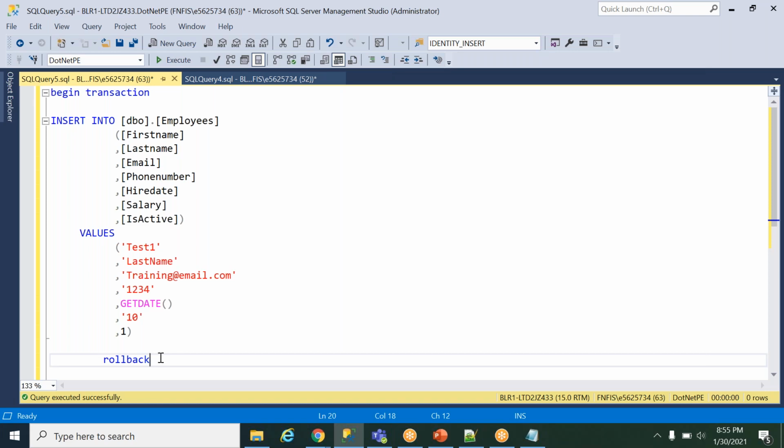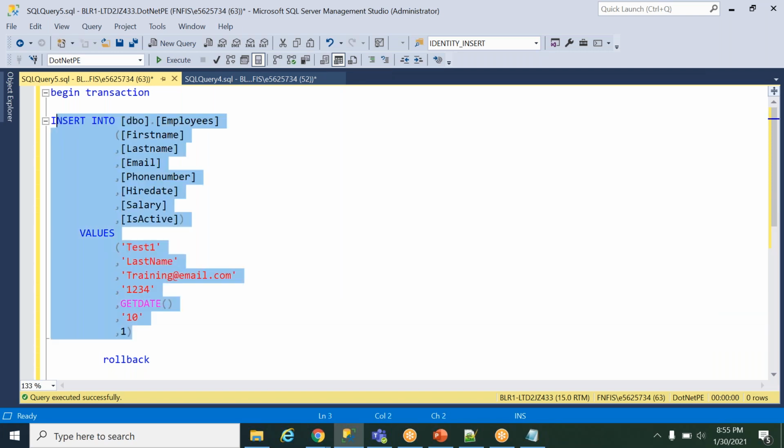At that time the data will be temporarily saved, and you see it using with no lock. You check whether it took maybe 20 or 30 seconds, but you do not want to commit this information because it's sensitive data which you do not want to store. So you can come back to the previous query and click on rollback. Whatever was temporarily saved will be rolled back.